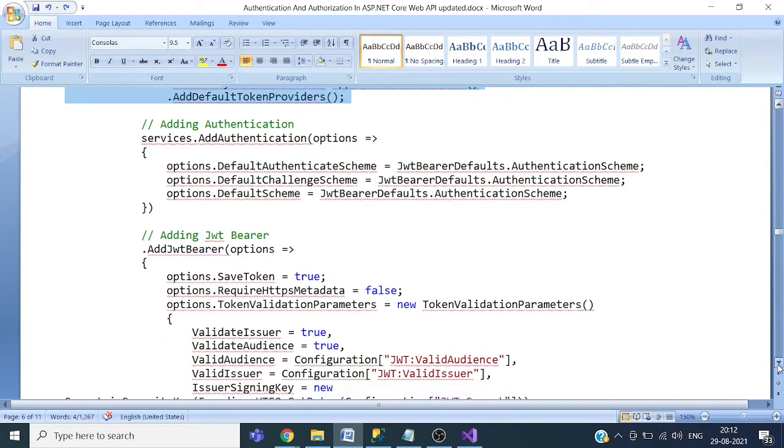And now these are the settings for adding the support of JWT authentication, and also for validating the JWT token.